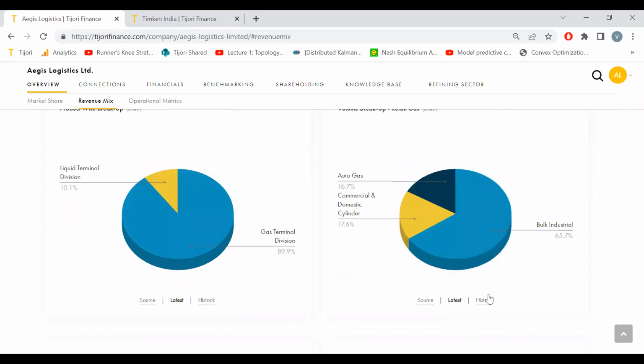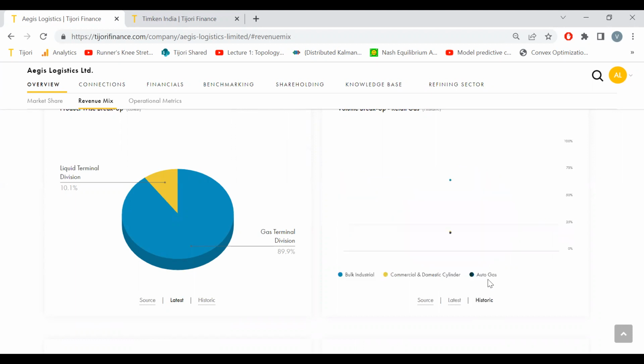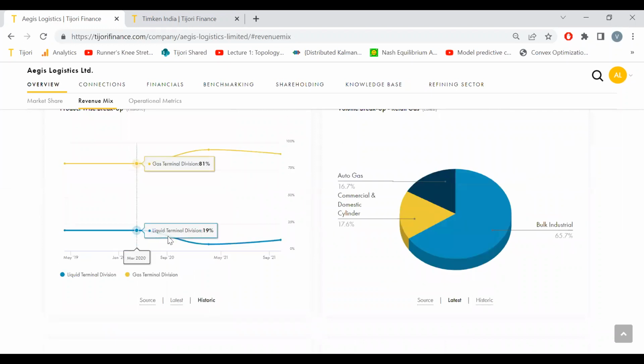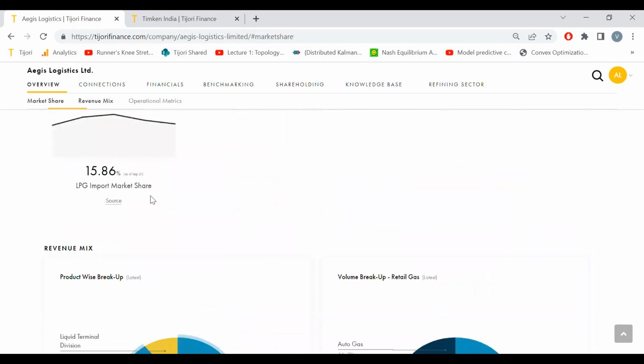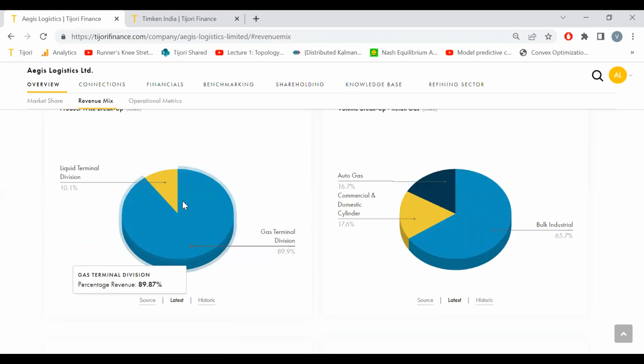You can also look at it historically. So we just click the historic button here. Okay, for this we have only this much data, but if you take this one, for example, we have data historically and how it's moved over time for this company. So you can see progression over time. Okay, that is something that's used a lot.